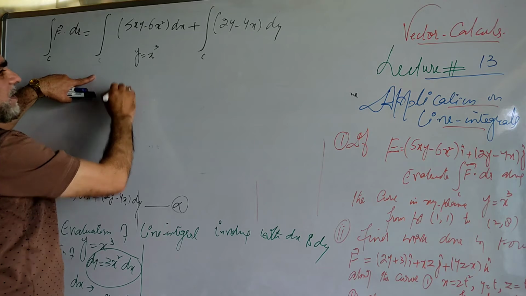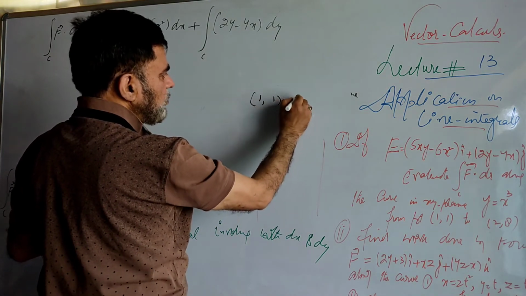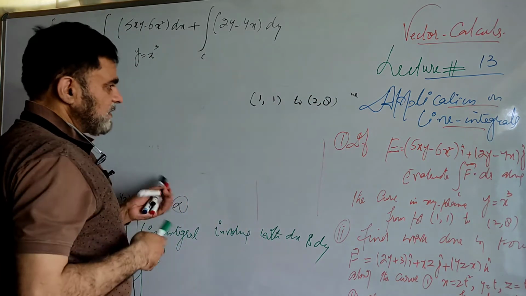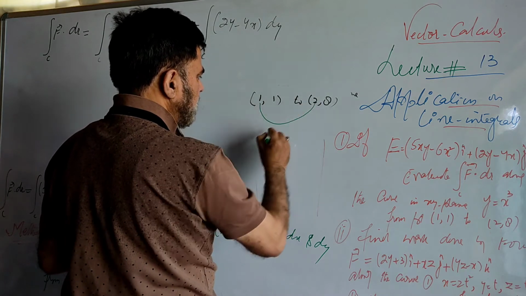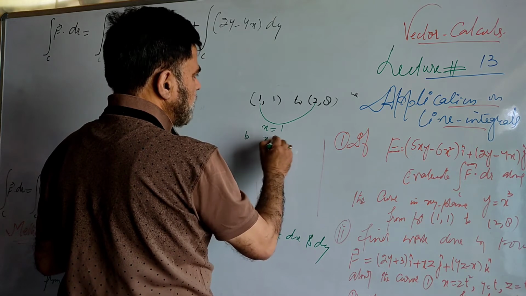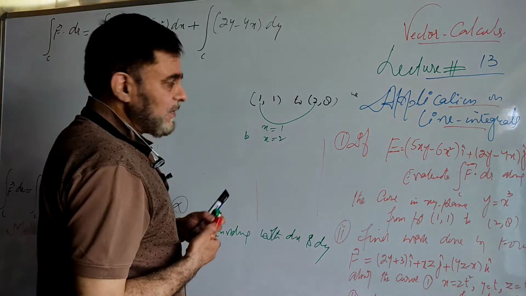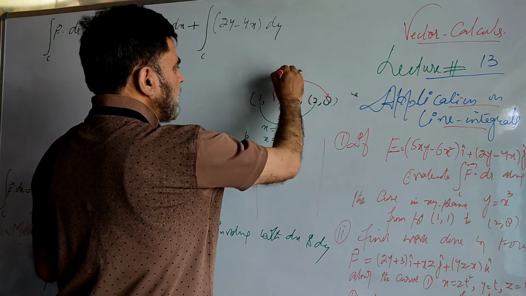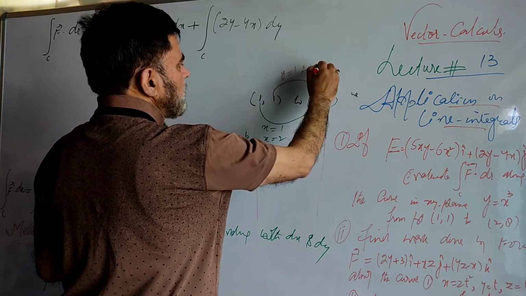And what is the limit here? I will again write here, my points are (1, 1) and (2, 8) on the curve. So when I go through x, this is the value for x: x going from 1 to x going from 2. And if you evaluate through y, where we have dy, you have to take this range limit: y from 1 to y is equal to 8.